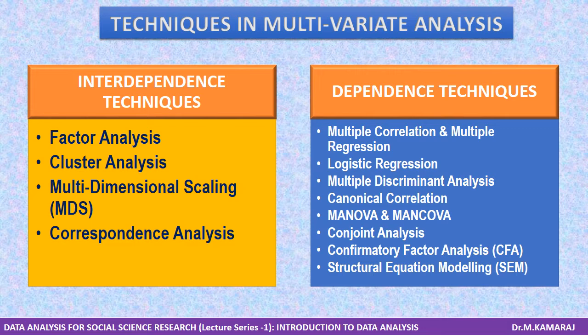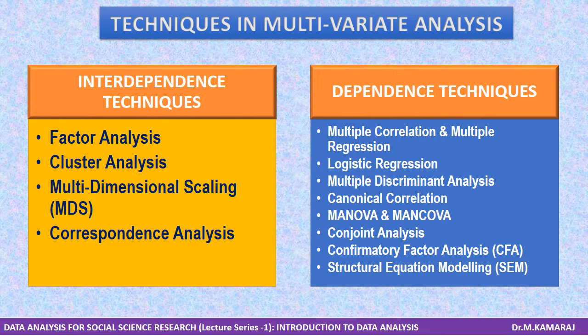Then multiple regression. Multiple regression analysis is a powerful technique used for predicting the unknown value of a variable from known value of 2 or more variables. Then logistic regression. Logistic regression is used widely to examine and describe the relationship between a binary response variable, for example, success or failure, and a set of predictor variables.